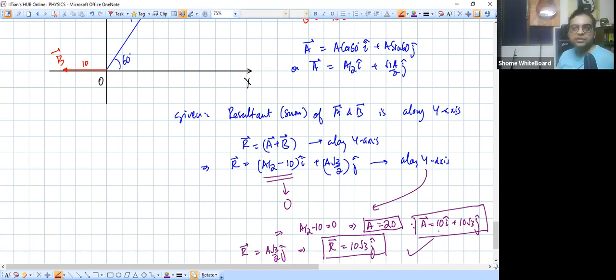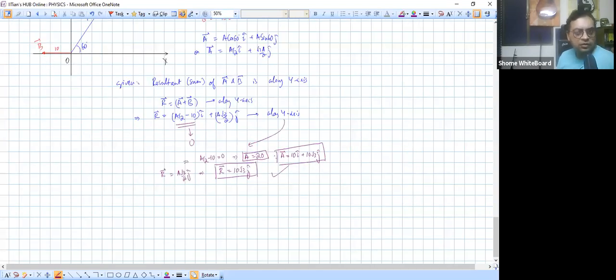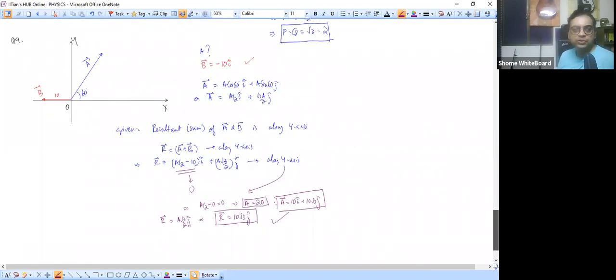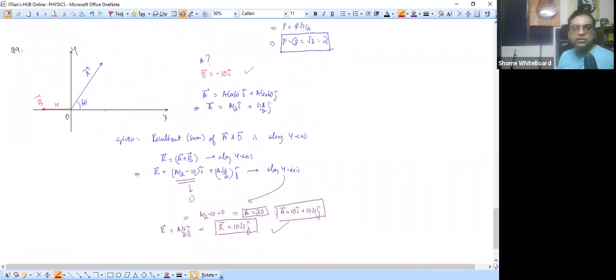Yeah, you can do the same thing, right? If you break it into components, that's what we did, we are expressing it in component form. Understood, Tej? If you break it in components and show these components, that's the same thing as writing in I cap and J cap, no? It's one and the same thing. In the diagram you show this, that this component is E cos 60 and this component is E sin 60. That's one and the same thing. Okay, so that's question 9.